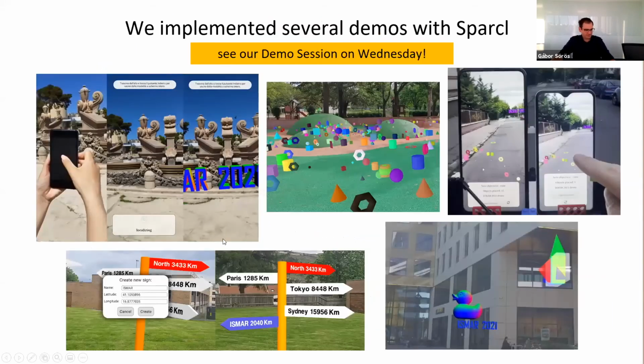And on top of this Sparkle general client, we implemented a bunch of demos that I will show today. The original idea was that the whole platform is deployed in Bari, around the conference venue, and also in the city center near some famous places. So you could actually play with it. Now it's not so easy to show without being there, because all these experiences are really tied to specific locations. So now I'm trying to show some things around the office here and faking my location actually.